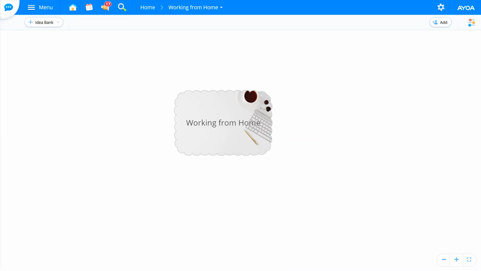So our next step is to add our parent branches. The parent branches are a way of breaking down that initial problem, that initial question, or breaking down what you need to think about. So what do I want to think about working from home? So it could be concerns, communication, workspace,